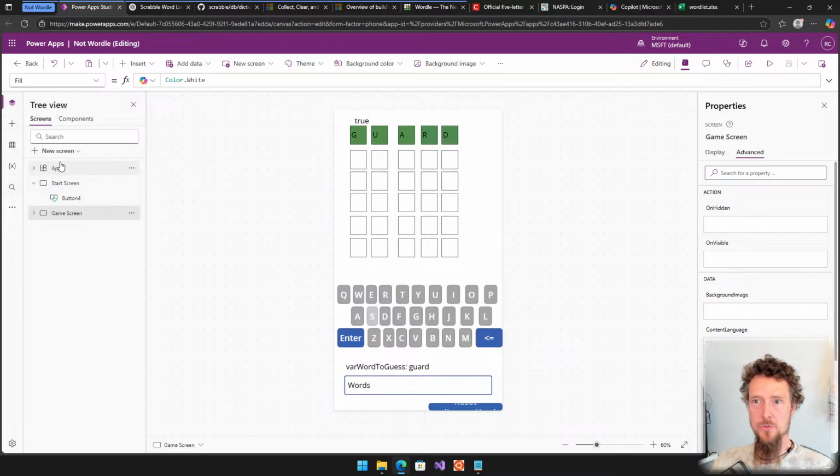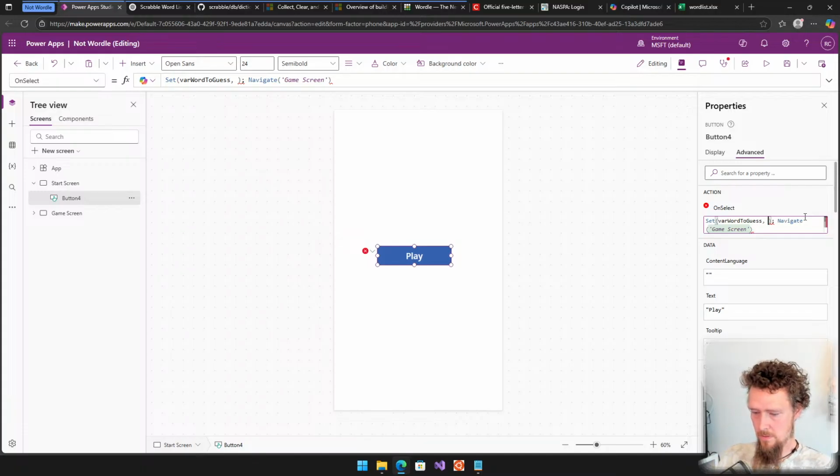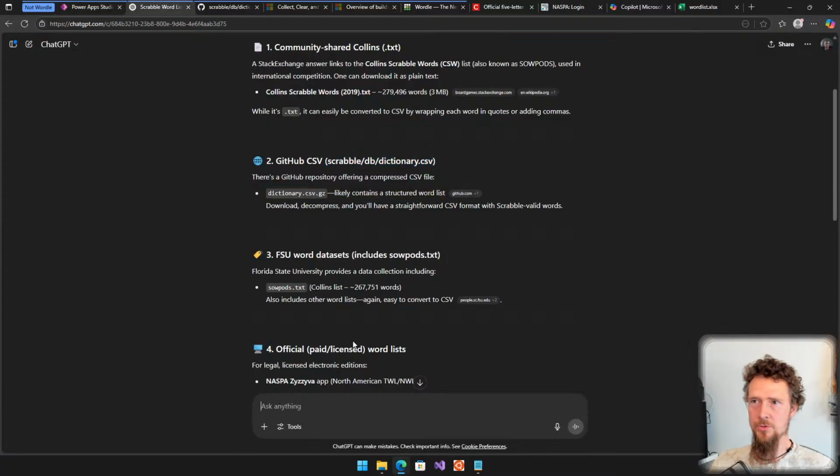Let's see how we work with it. If we go back to the start screen, to the button, I want this to, now that's the other thing. How do I get a random list? I did actually do this before. I have a feeling, you know what? Let's go to our wonderful world of ChatGPT again. In PowerFX, always set the context. I need a random word from